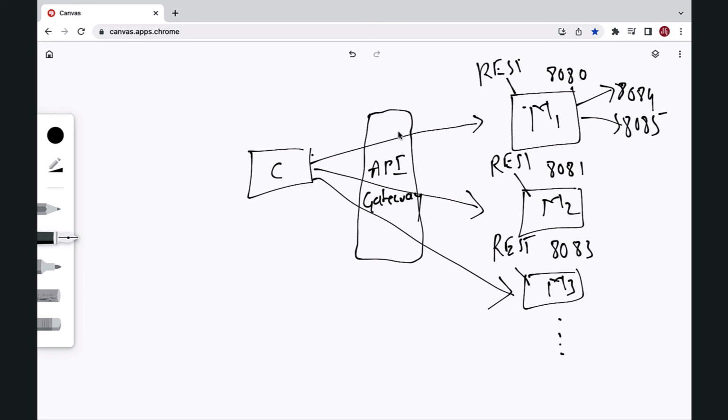Okay, so this is how the API gateway solves the problem. The client doesn't have to be tightly coupled with multiple microservices. The client just has to send a request to the API gateway. The API gateway, based on the rules or the URL rules, will forward that request to the appropriate microservice. So we basically use the API gateway to route the request,